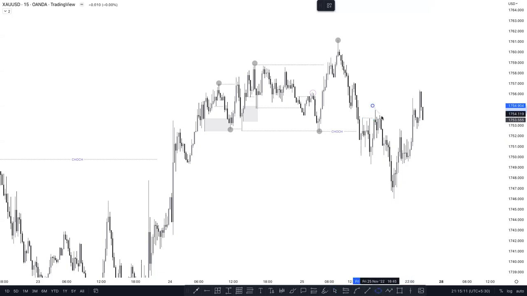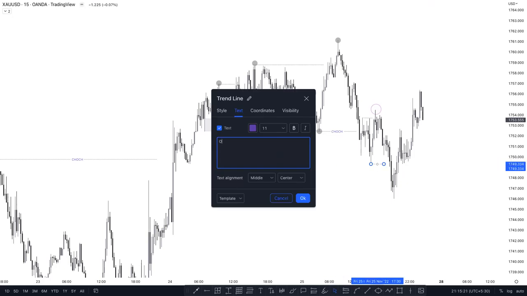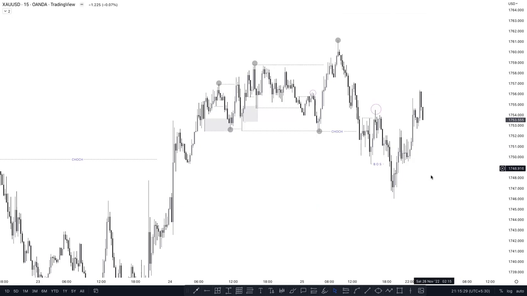Once market takes out the inducement, you can sell at this point, push downside, new break of structure is here. After break of structure, taken out the inducement, you can look for the short term sell at this point. So this was the structure,